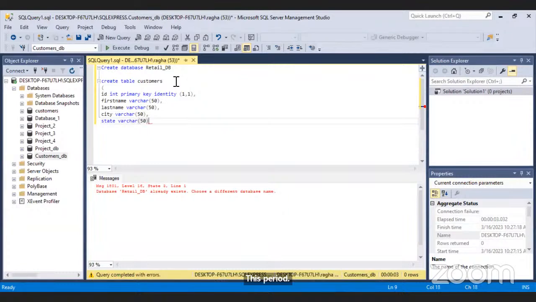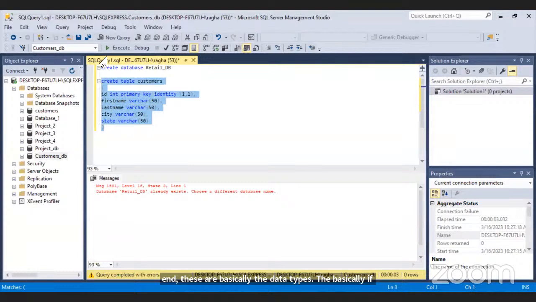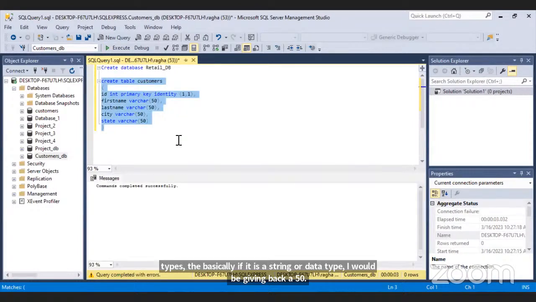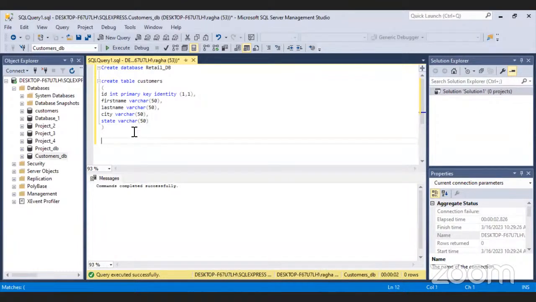So varchar 50 and int, these are basically the data types. If it is a string data type, I would be giving varchar 50, with 50 characters. And for the ID, I gave it as int since it's a number. Okay, now this table has been created.